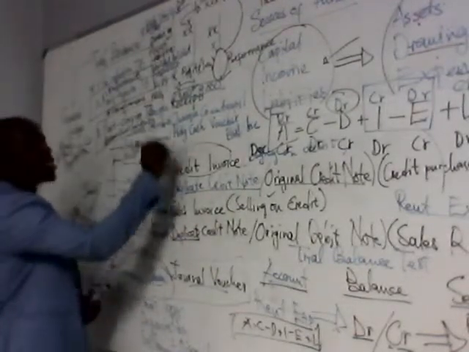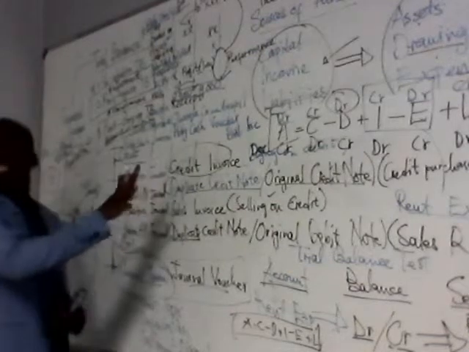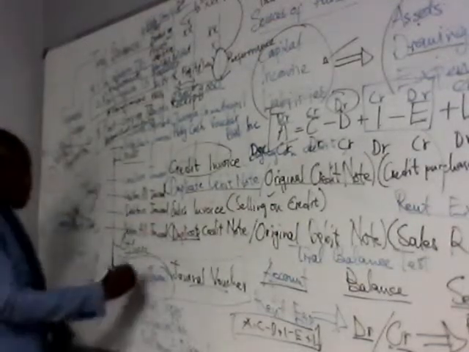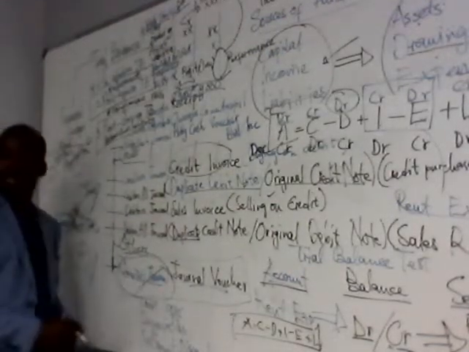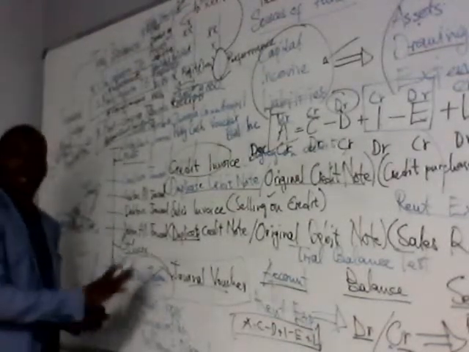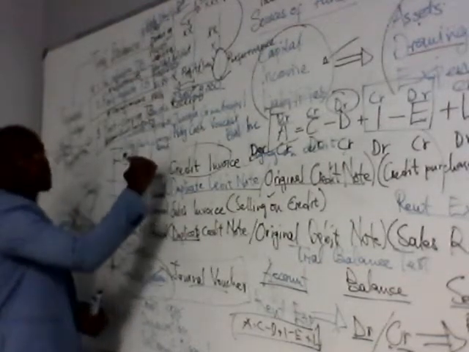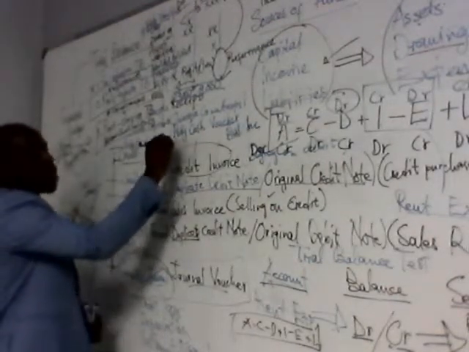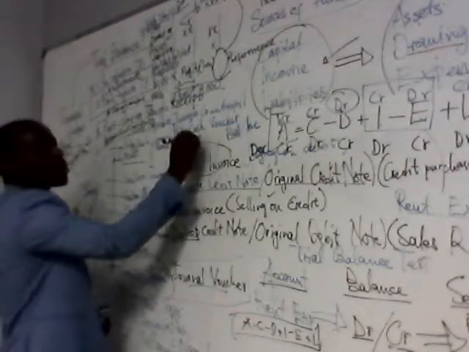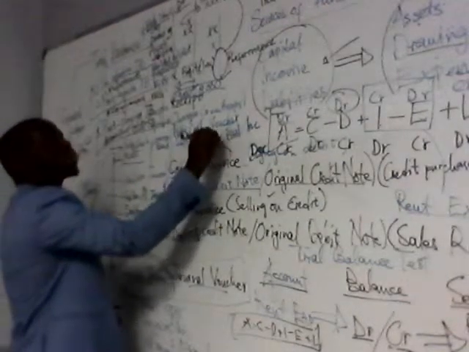So remember, your journals are just a series of columns. All your journals are somehow going to have columns, except for the very special journal. The columns are not necessarily helpful in this case, but then for everything else, there is going to be a column for the account called bank. There's going to be a column for the account called sales. There's going to be a column for the account called inventory. There's always going to be an account in our journal.